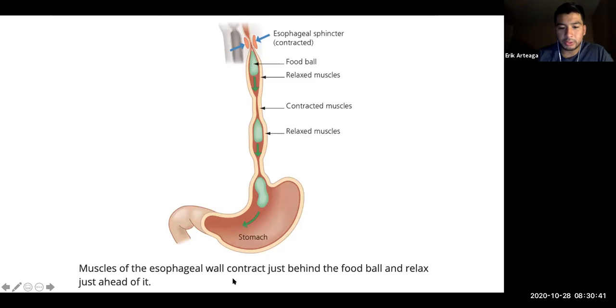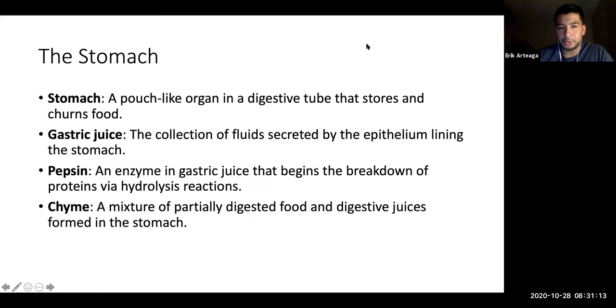So here we have muscles of the esophageal wall contracting just behind the food ball and relaxing just ahead of it. So here we have the contraction behind and the pushing, again, contraction, pushing, contraction, all the way to the stomach. And the stomach will be a low pH, so it'll be very acidic. It helps protect the body from bacteria as well as starts the digestive process, but there's no absorption in the stomach. You do not get any calories absorbed in the stomach. Okay. All right. So the stomach is a pouch-like organ in the digestive tube that stores and churns food. Okay. Storage and the initial churning process are breaking down